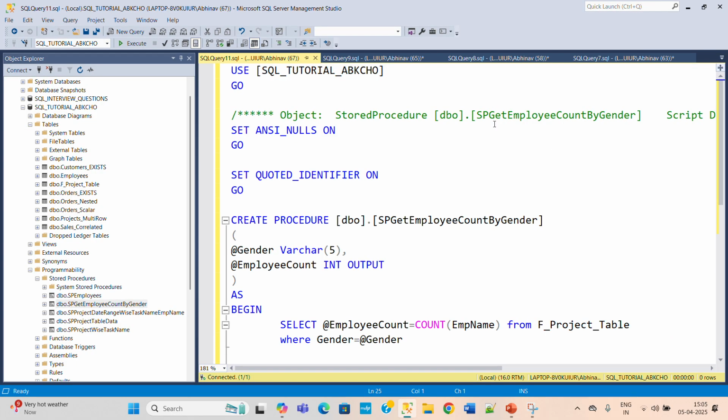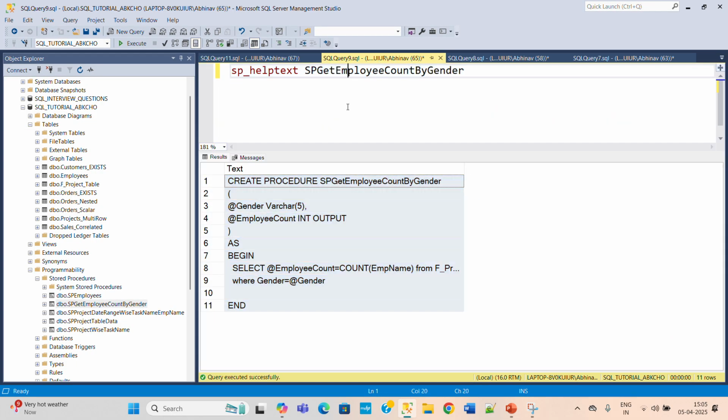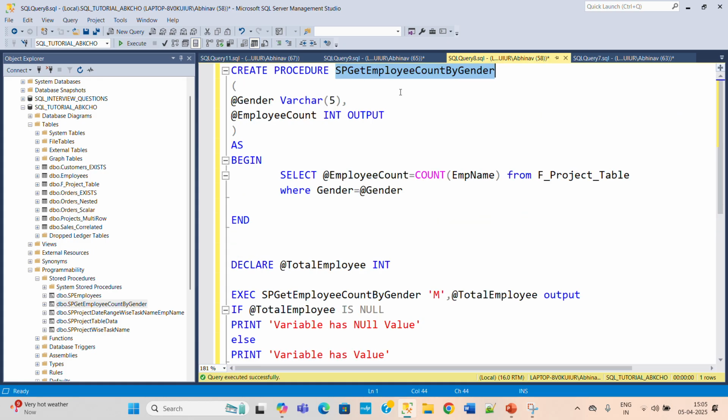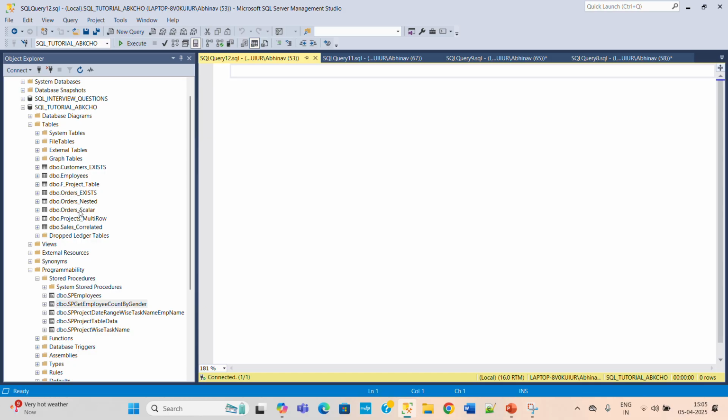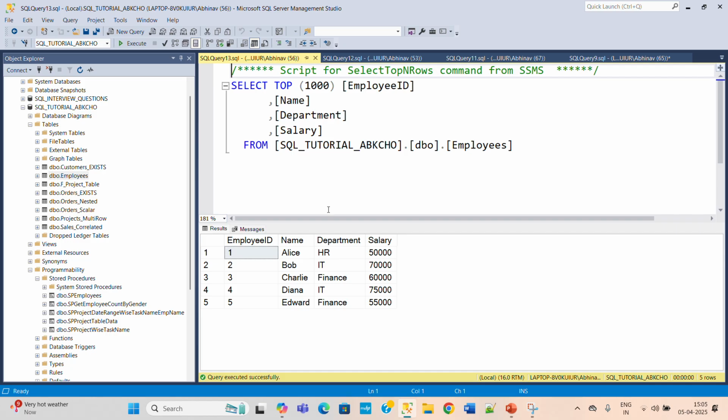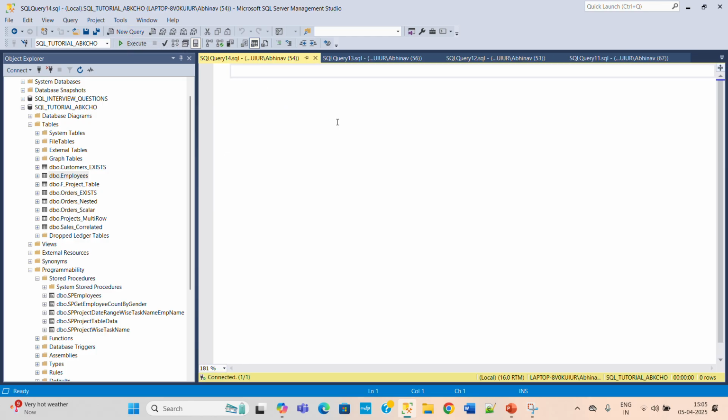Okay, so first of all let's move on to SSMS and check how we will encrypt our SP. Encryption is something we can do very easily. So let's create one SP for this encryption thing. This time we will take the employee table, and we can check the department wise employee name and salary. So create procedure,